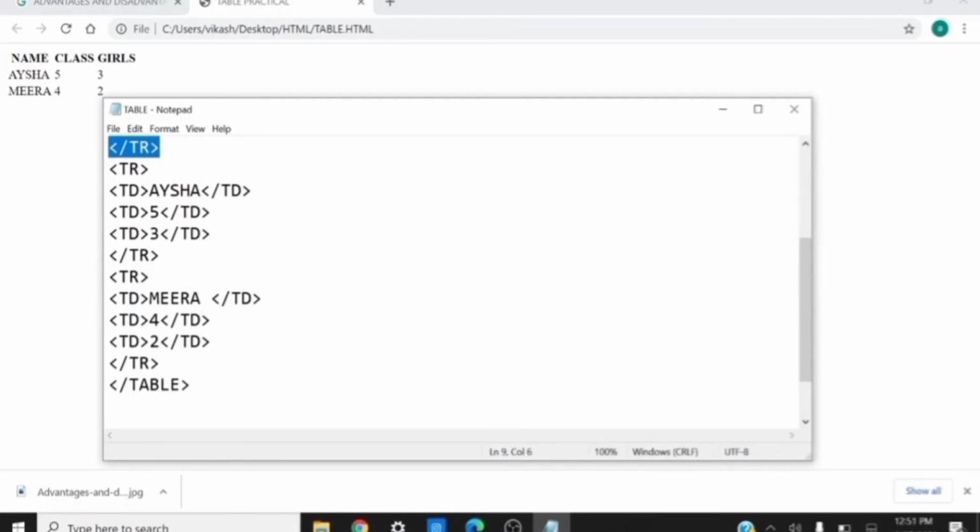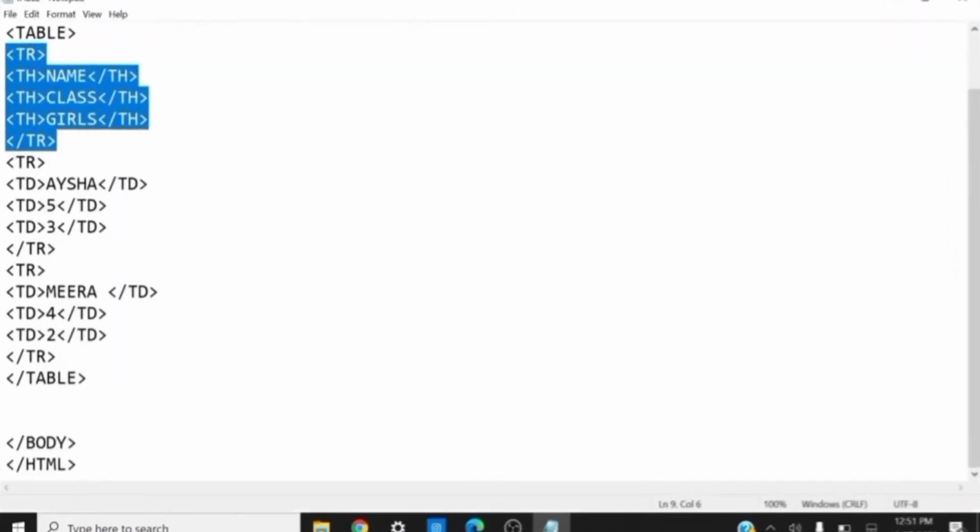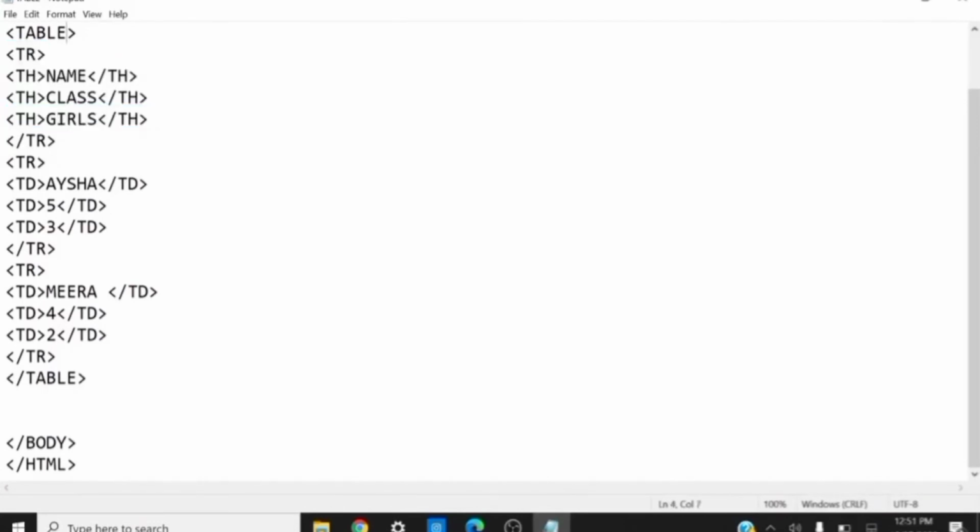Now we can learn how we can apply different attributes in our table. Suppose this one is our table represented on the web page, and I want to assign a border around it. After the table tag we just have to write BORDER equals to the width, meaning the thickness of your border.